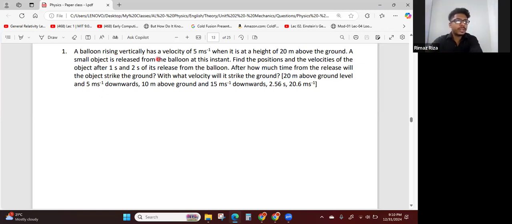A balloon rising vertically has a velocity of 5 meters per second when it is at a height of 20 meters above the ground. A small object is released from the